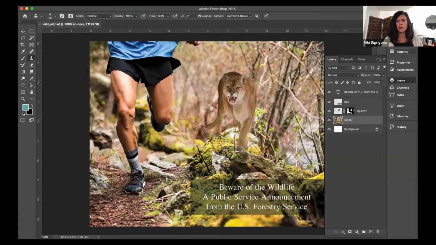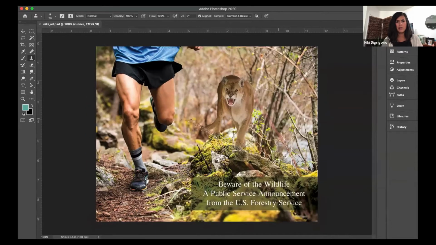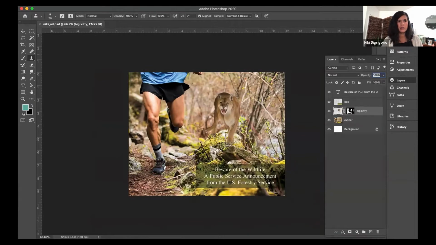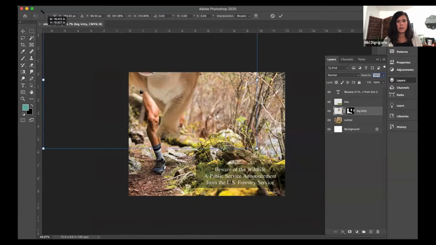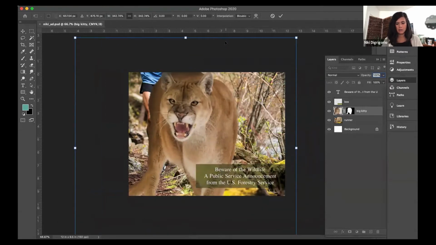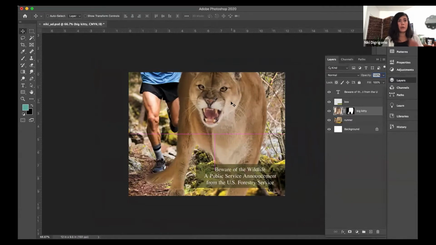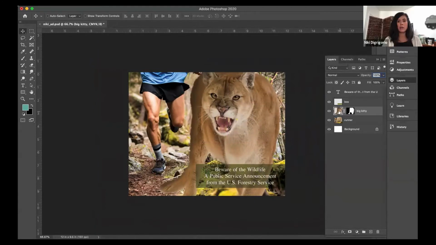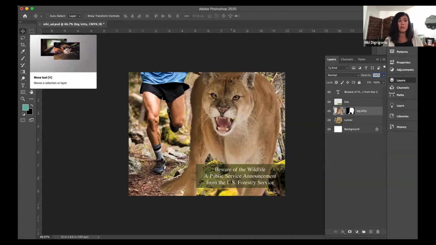So right now, can you see my Photoshop advertisement, correct? Okay. So let's just say, for instance, I just brought in the lion and he's ginormous and he's not fitting the size that I need him to be for the photo. And this is what's happening, Damien, correct? Yep. Okay, so you want to have your layer selected with the dog on it, in my case the mountain lion, and then with your move tool selected, the little crossbones move tool, which is key command V to jump to it,